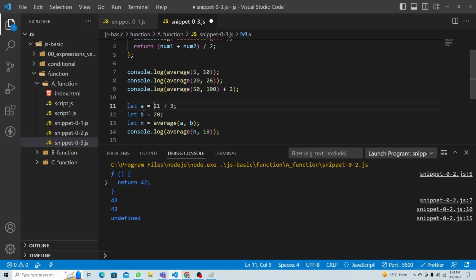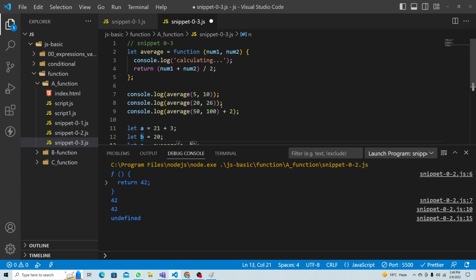Okay, memory is created. Until now it is undefined, but now it will add this value 24. Then it will assign 20 to the B, and okay, average, fine. It will create the function execution context again, then A and B. Okay, so it will look for A and B in the global execution context, right? Because there is data already for A and B in the memory. So that one 24 plus 20, and then it will run, go to the top, num1, num2, that is 24 and 20. It will print calculating, then it will add those 2,